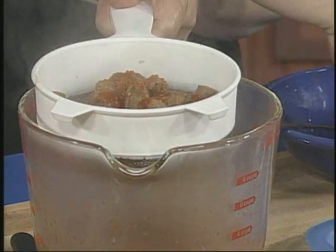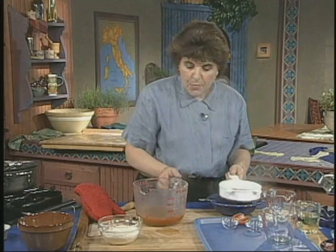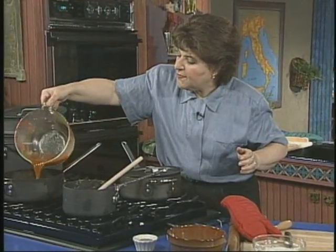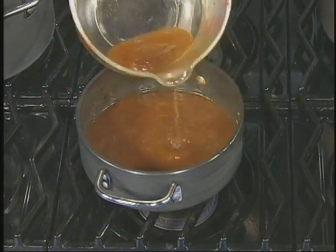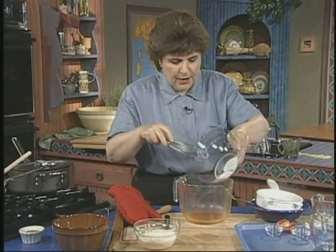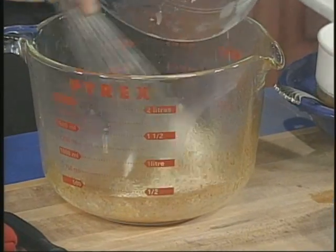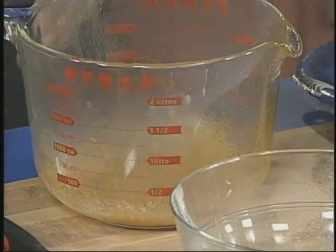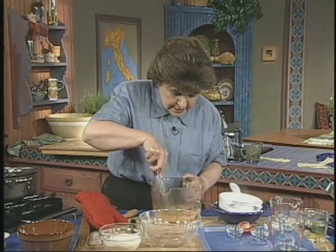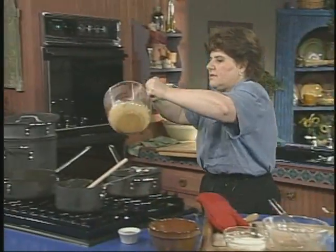So we take this out, take the meat, put this back into the pan, except for about 1/4 cup. That looks like about 1/4 cup. Then take some flour and whisk it into that hot liquid. See, just like that. Whisk it into the hot liquid. And then, when it's smooth, that's when you put it into the sauce, get it in,